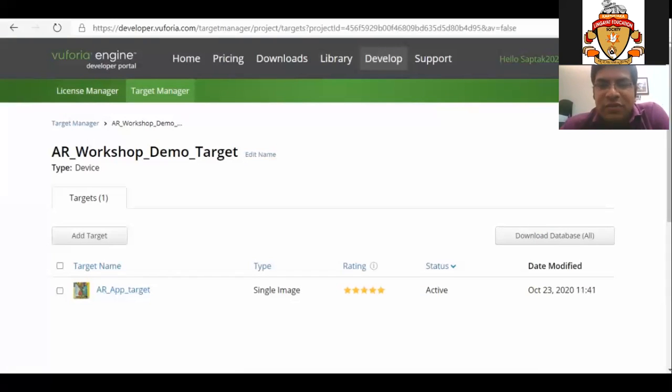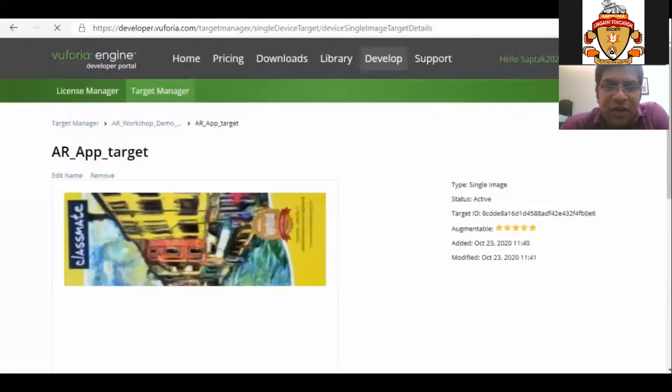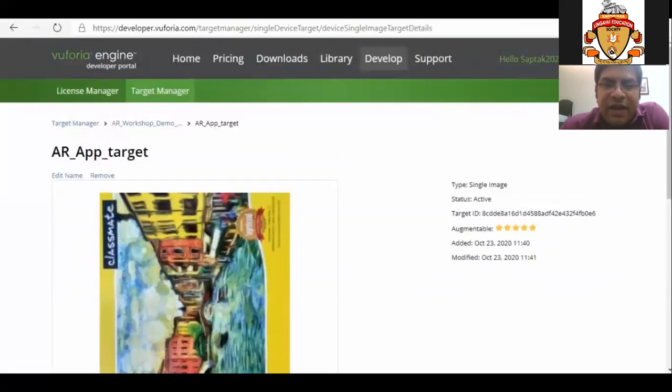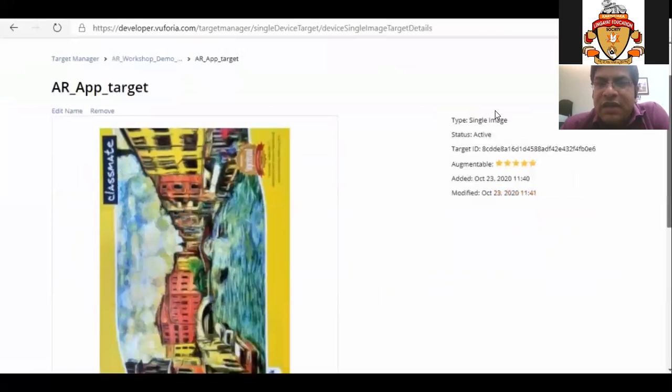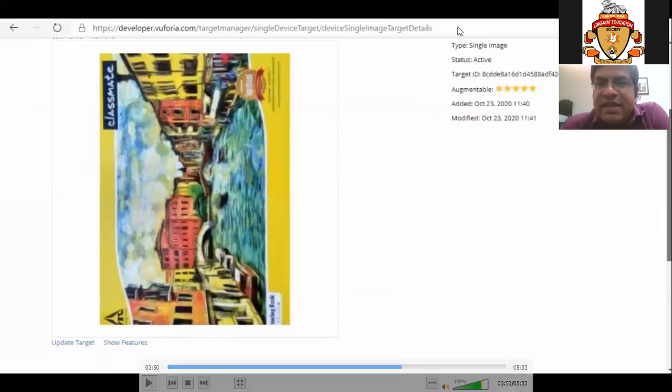So what does this uniqueness mean? I will click on the name, and the details will open. So now we can see AR app target. The marker has been uploaded, and it is showing us type as single image, status as active, and augmentable rating as 5 star.